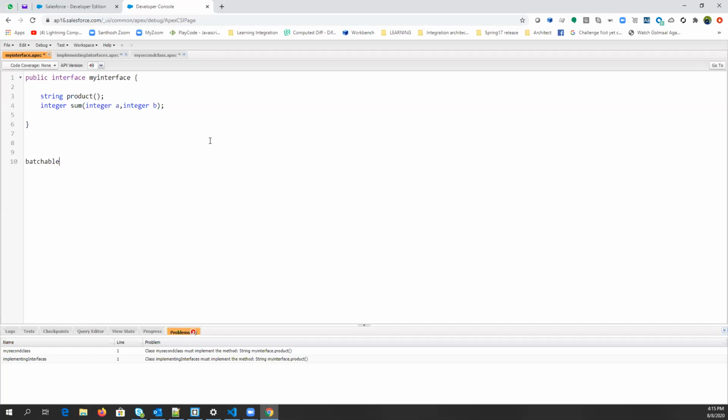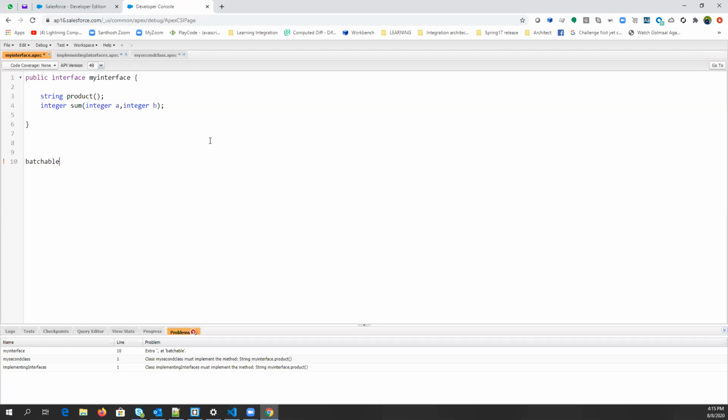In Salesforce, we have different governor limits. If you are processing a large data set, you will hit a lot of governor limits. But using a batch class, you can run your data processing in chunks, in batches.